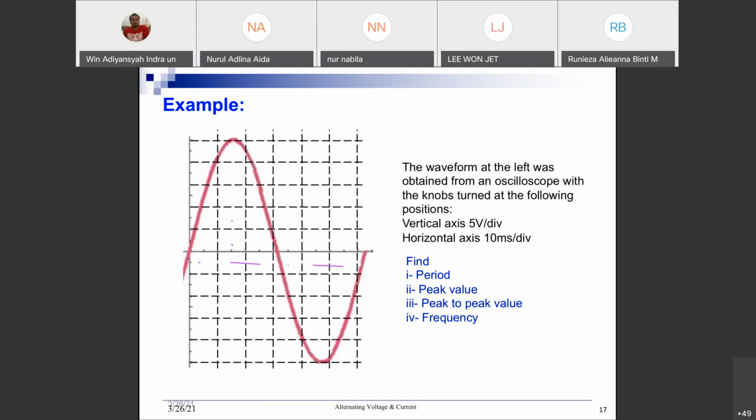So peak to peak is basically just times 2. 25 times 2, so it's 50. Frequency, so 1 over T, 1 over 60 millisecond. So don't forget, convert to